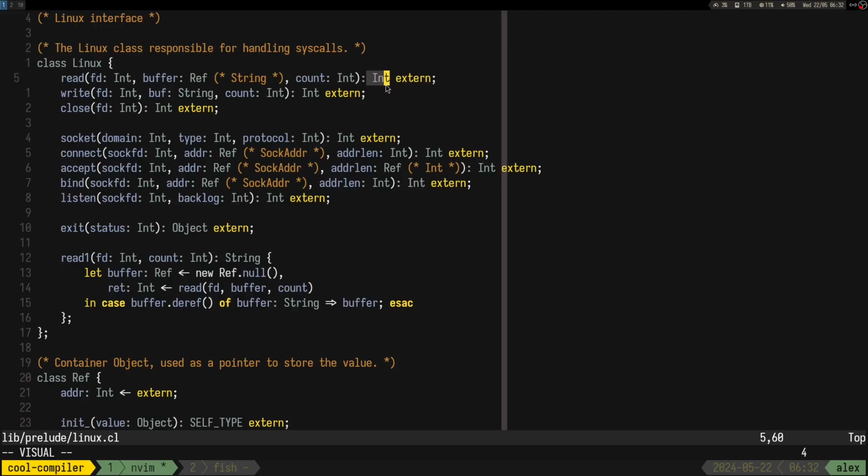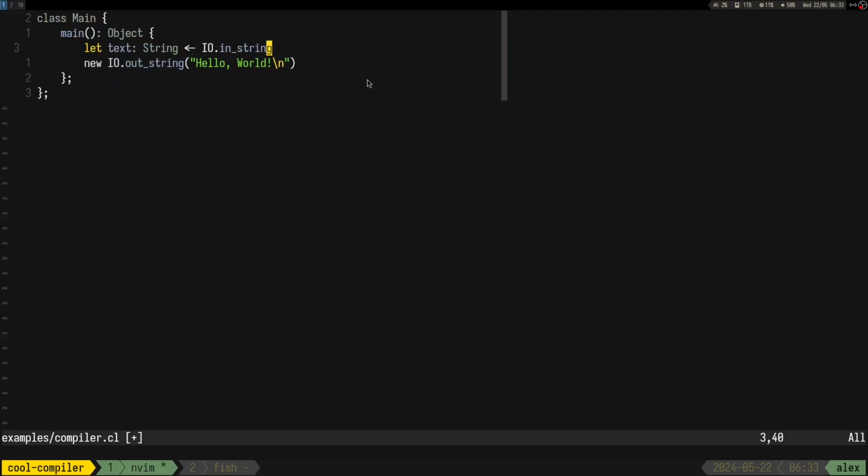So yeah, I think it reads this much, so at most. So yeah, whatever. Let's use in_string for our purposes. So in_string is gonna be just this, and let's print the text.